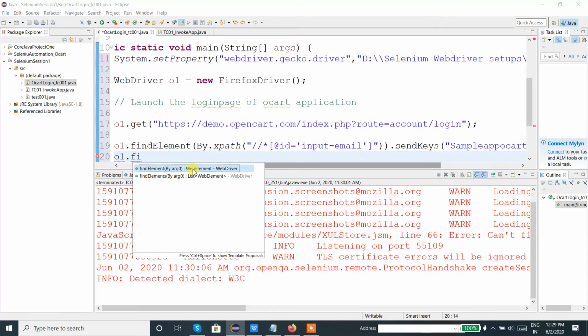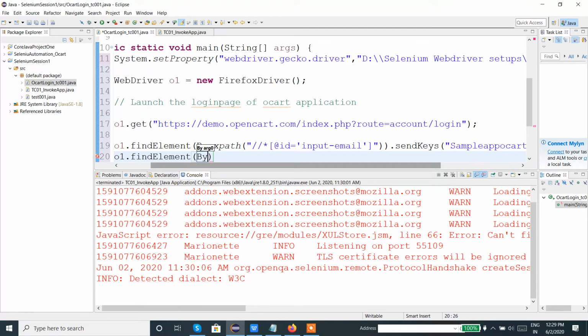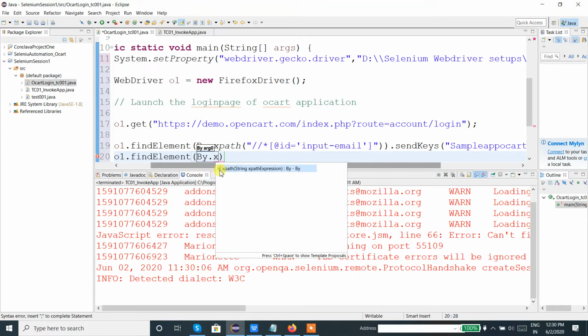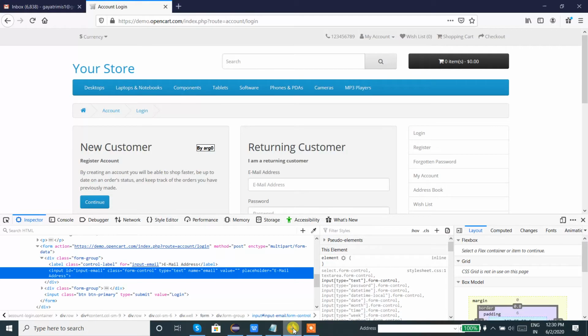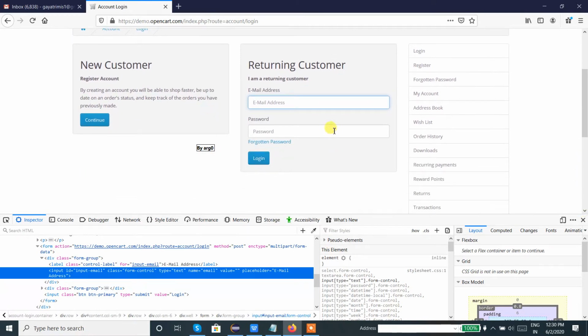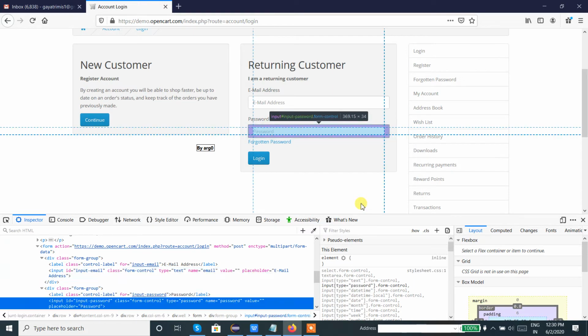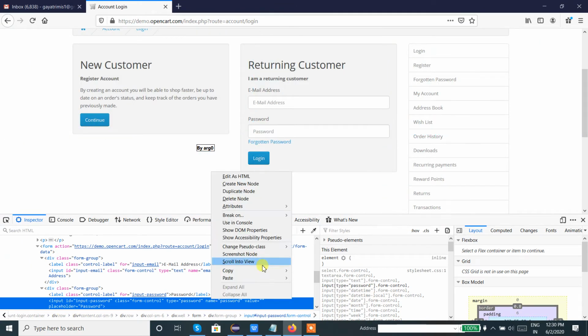So the findElement method, then I need to locate by using an xpath expression. I'll again tell you how to get the xpath. For password, this time we are capturing. Right click on password, then inspect the element. We will get the highlighted text over here. Right click, then copy, then xpath.